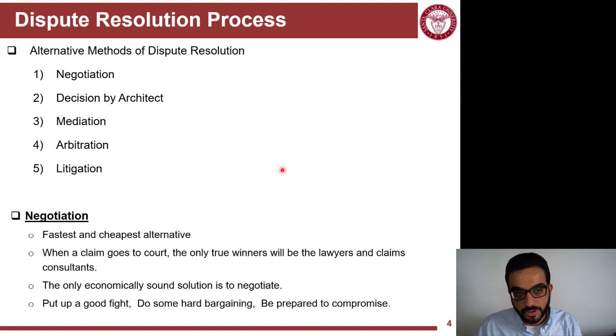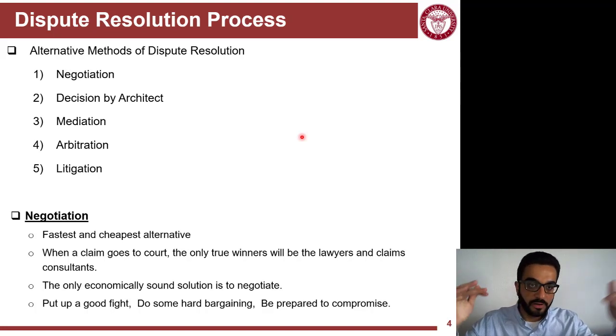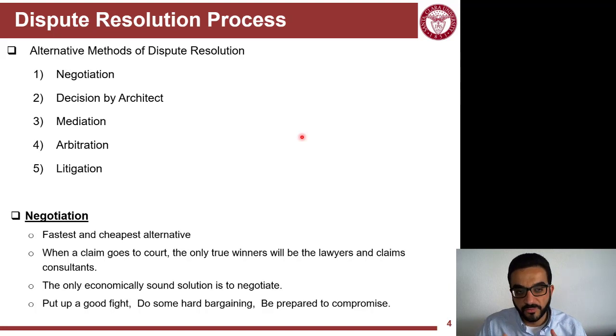Negotiation is easy. Whenever there's an issue, you just call the big folks in both companies, the contractor and the owner, to sit and negotiate and try to settle that claim. Sometimes you issue a claim, and as a project team, you work on settling things through the claim. If things are not settled at the project level, remember the organizational structures: you have the operational level, project level, and business level. If the project level personnel are not even able to settle the claim and it escalates to a dispute, then the business level personnel will be involved. It's the senior leadership in each company, and they can start to resolve it through negotiation. It's the most economical way, it's the fastest, and if there are good intentions,